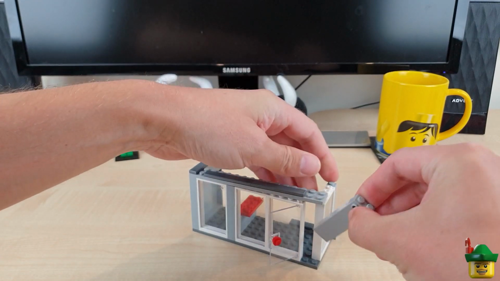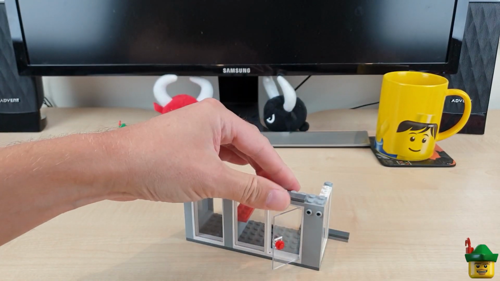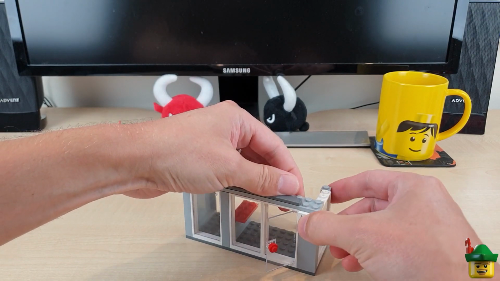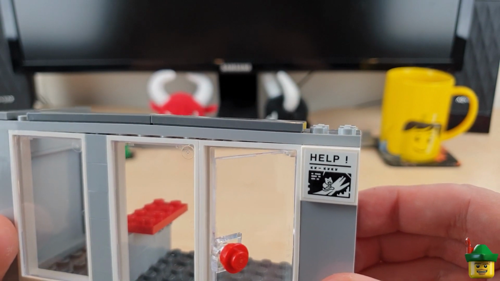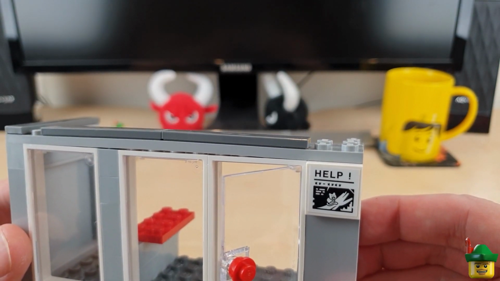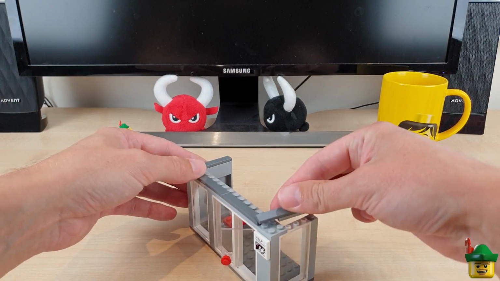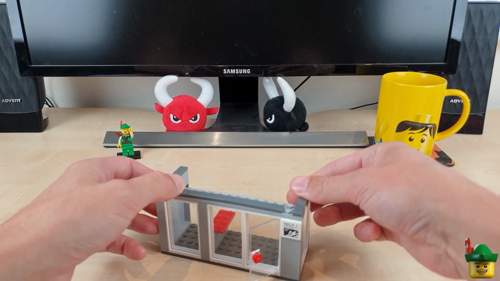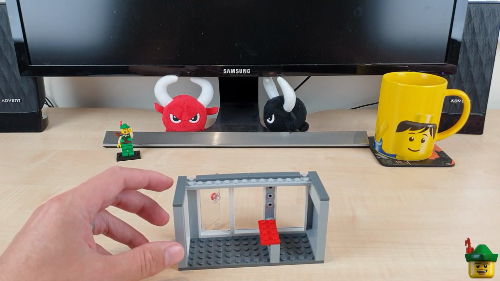as well. Now I haven't decided what I want on the outside, but I was thinking something along the lines of this help sign for a lost cat. That's from the Catwoman Cat Cycle Chase set, 70902, in case you're interested. So that's a bit of variety there. Then on the inside,